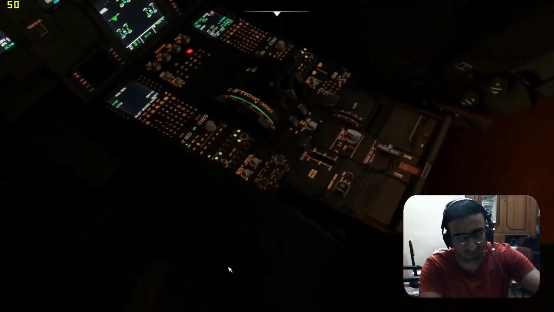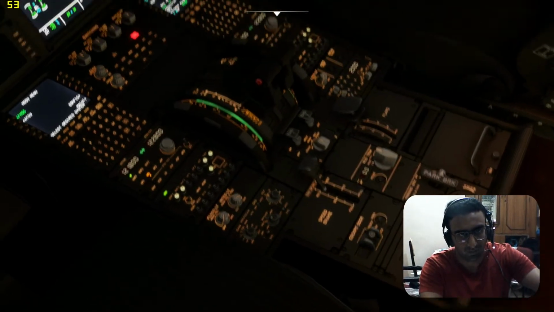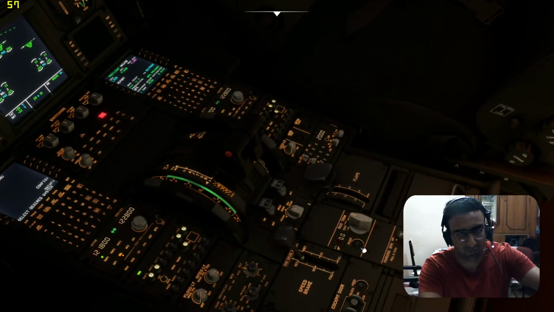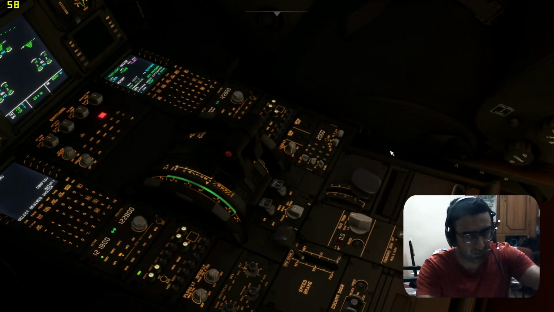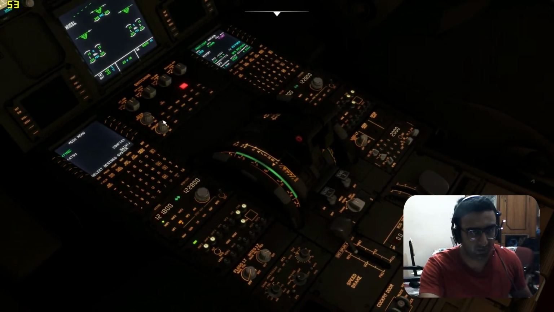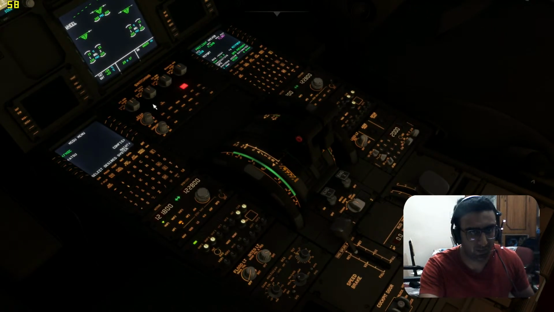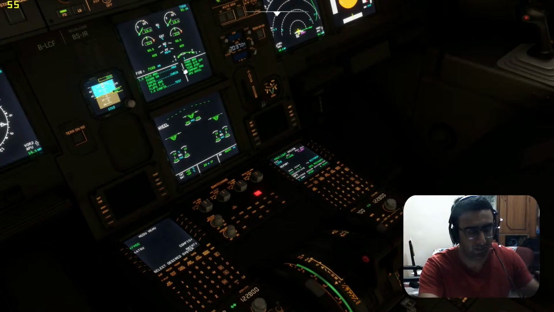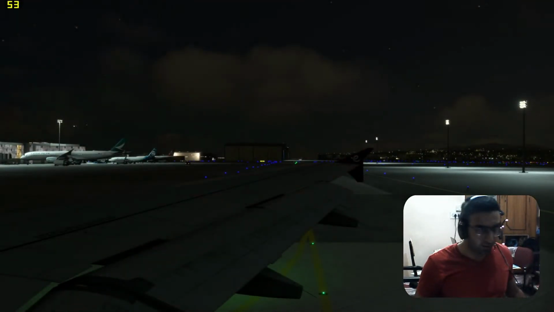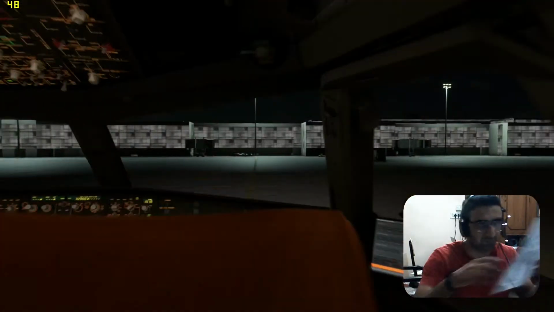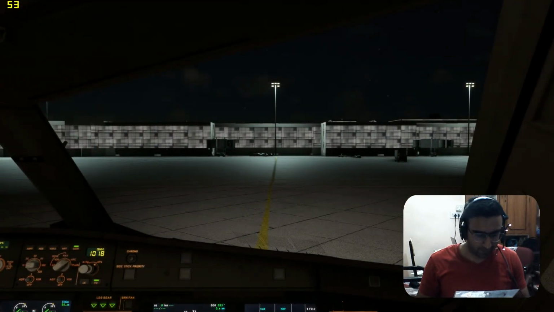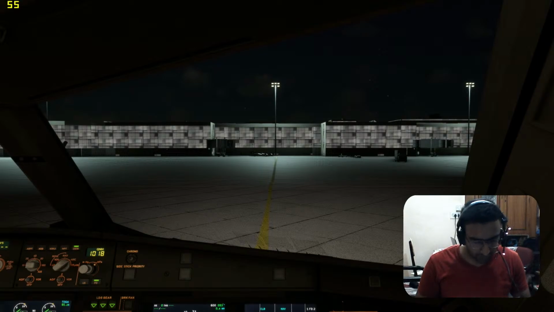And after start this side, ground spoilers are armed, air trim is checked, flaps set 3 for departure, trim 0.2 down is set for departure, and ECAM status nozzle steering is checked. And we have checked the flaps are set as well. Okay, after start checklist, anti-icing is not required, ECAM status is checked, pitch trim is 0.2 down, rudder trim is